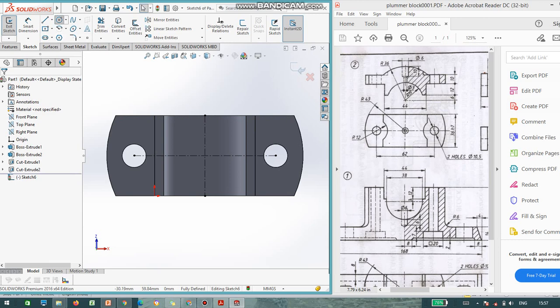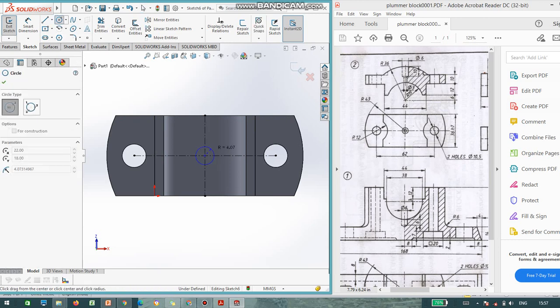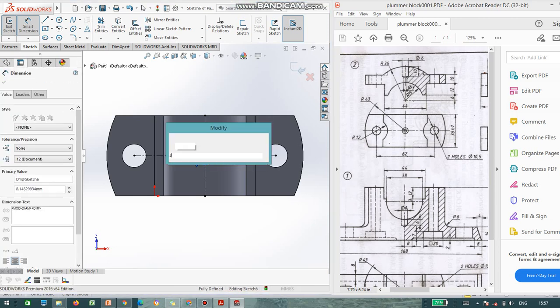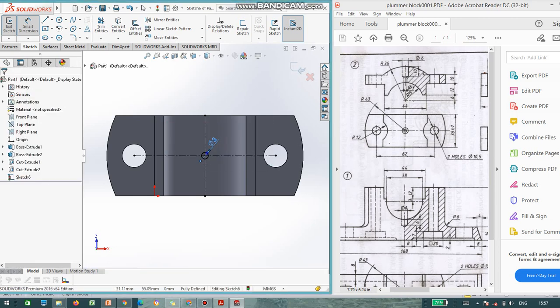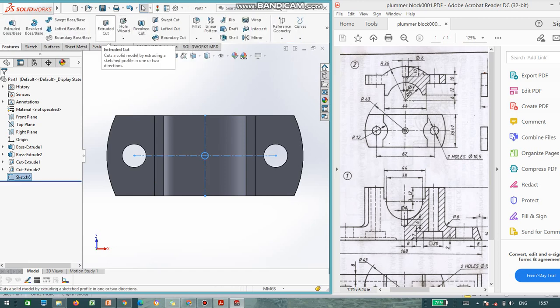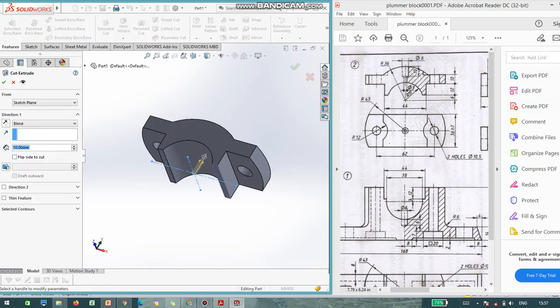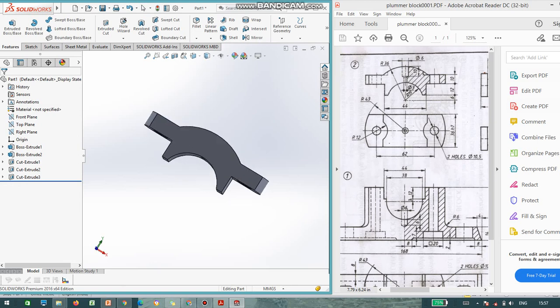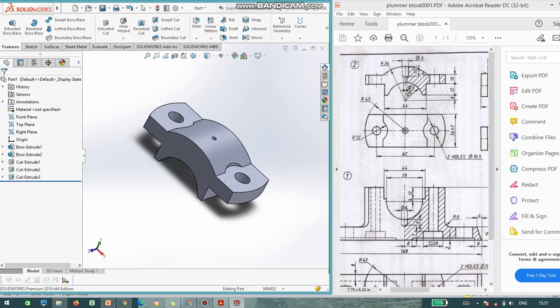Now the circle is exactly in the center and the diameter is 3. So come out from the sketch, go to features, extruded cut. Now you can do it for the entire length, not blind, through all, because one is 3 and another is 6. That is the reason I took the entire length.